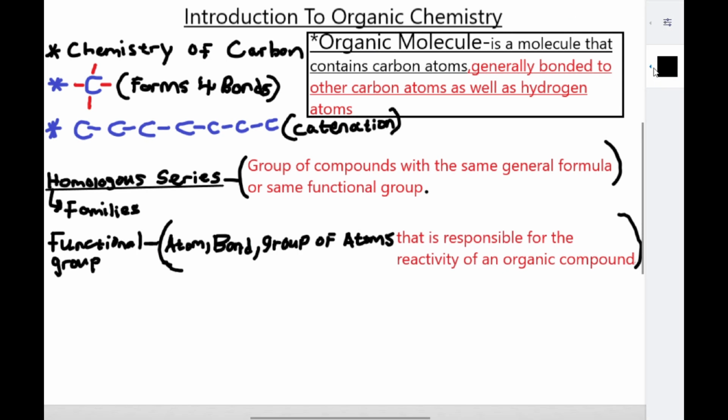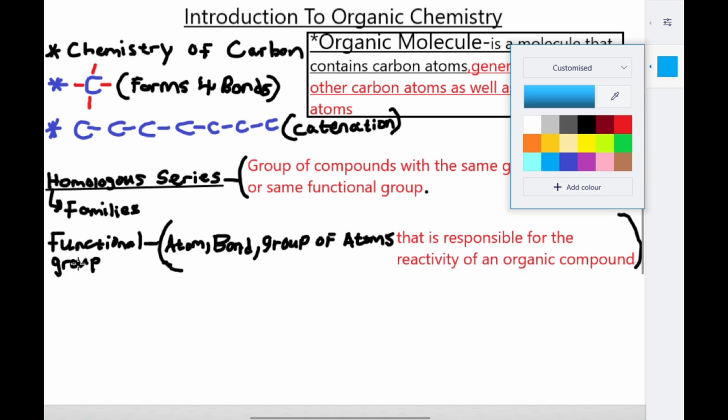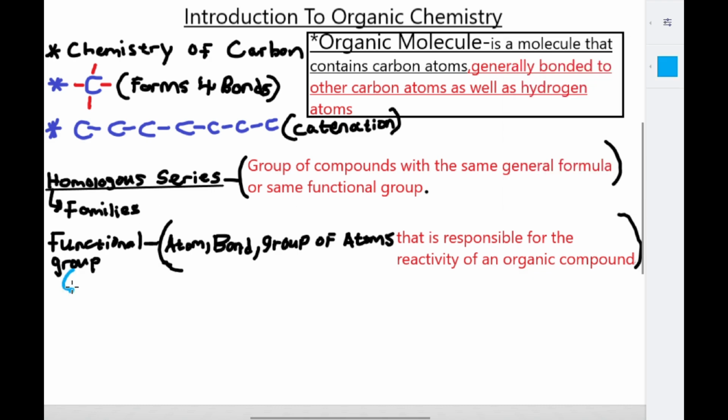I always think of it like a superpower. A functional group can be seen as a superpower. It gives the compound its superpower. So don't write this in the exam. What is it that makes this particular compound or molecule able to react? That is the superpower we're talking about, which is the functional group. This is just for you to memorize it quickly and easier.